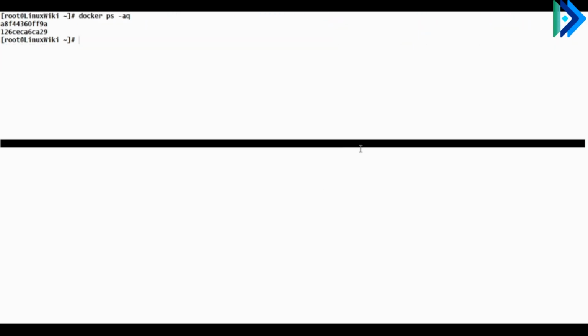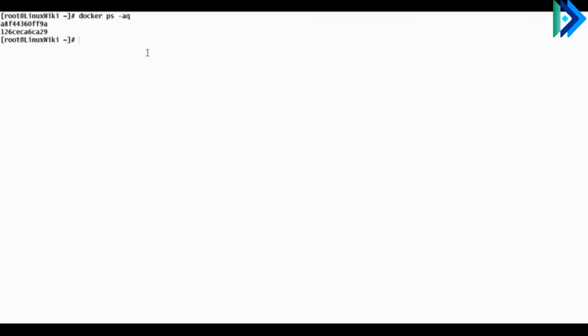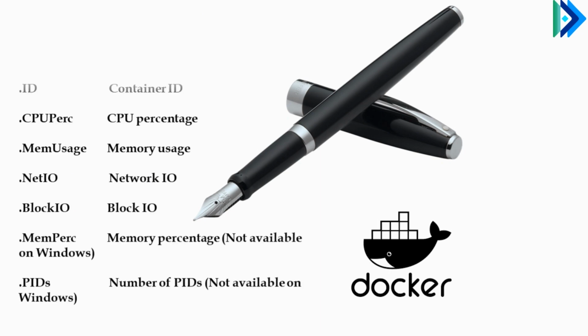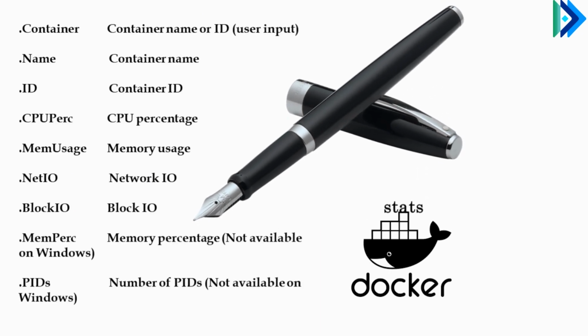If you want to monitor resource usage statistics of all running containers, use the --all option along with docker stats. We can filter docker stats output using --format. The format option prints container output using Go templates.